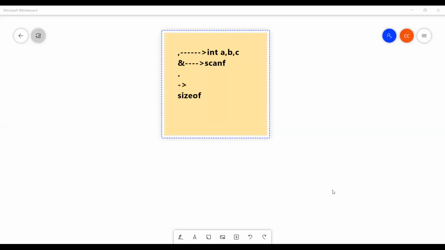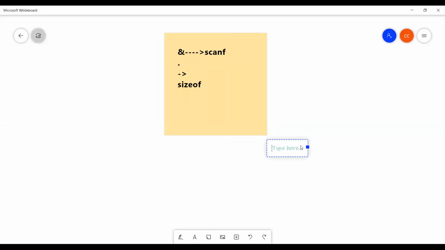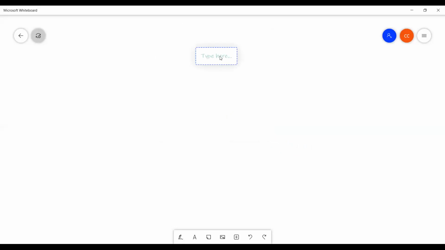Now I'm going to tell one program using operators. I will give one assignment, and I will explain one. Okay, listen. These are the basic programs.